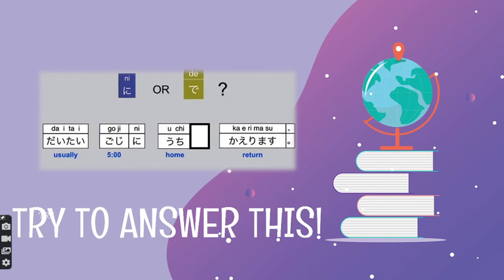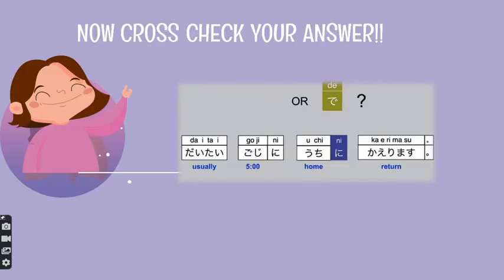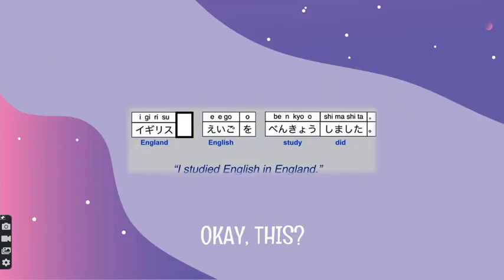だいたい5時にうち blank 帰ります。So remember the tip. 行きます、来ます、帰ります。The place where you are going or returning or coming is going to be marked with the particle ni. So here, the ni, uchi is your destination. You want to return where? To your home, right? So home is your destination and you're going to use the destination marker ni. So だいたい5時にうちに帰ります。